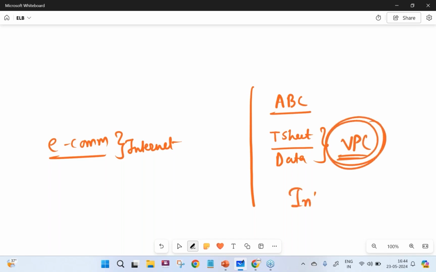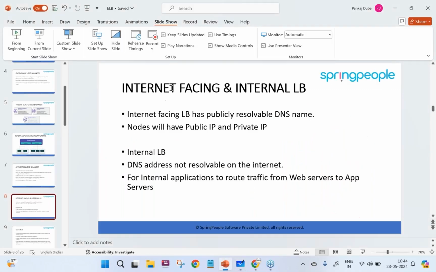In this case, I am going to use internal facing. So, internet facing and internal load balancer. The internet facing load balancer has a publicly resolvable DNS name, and the nodes will have a public IP and a private IP.